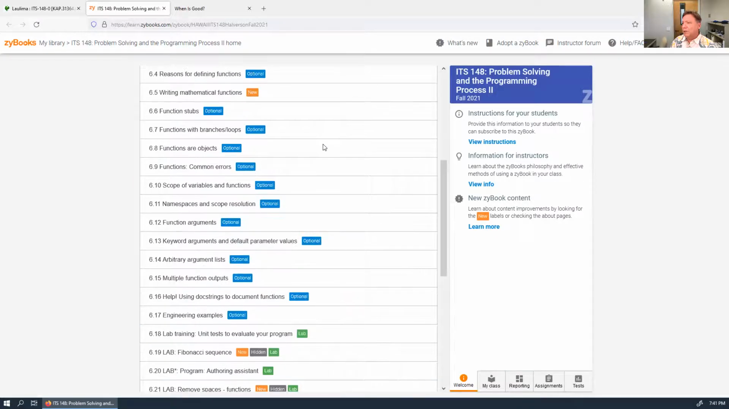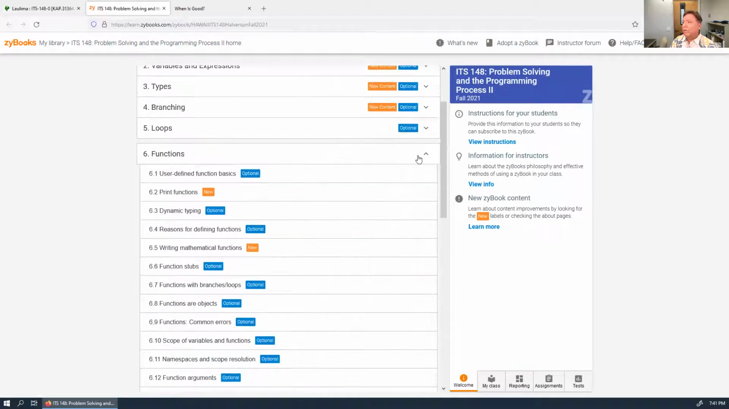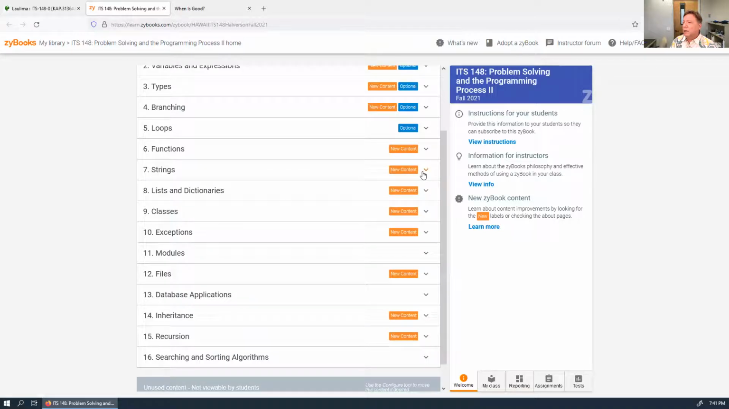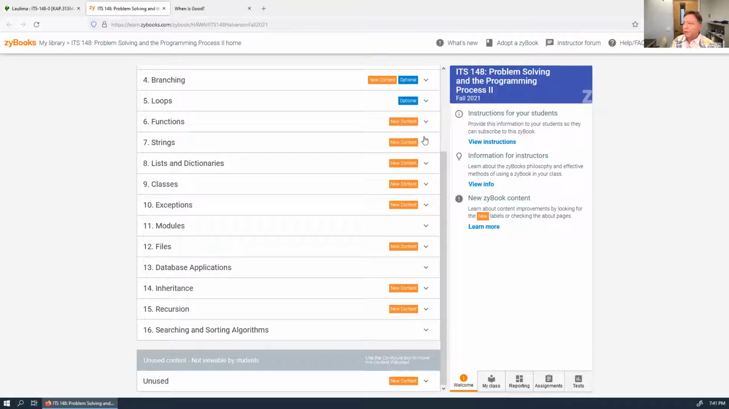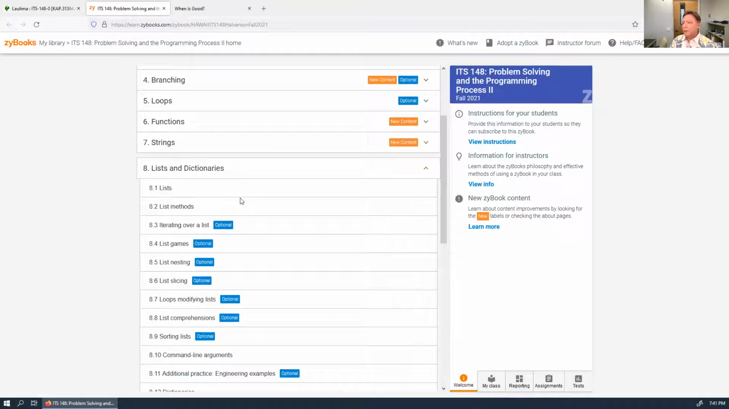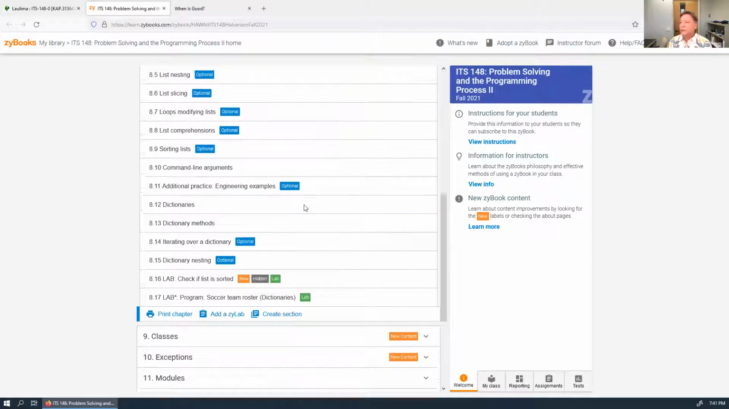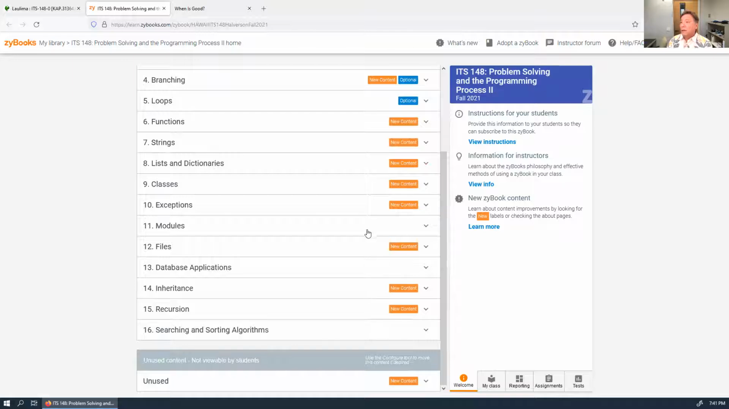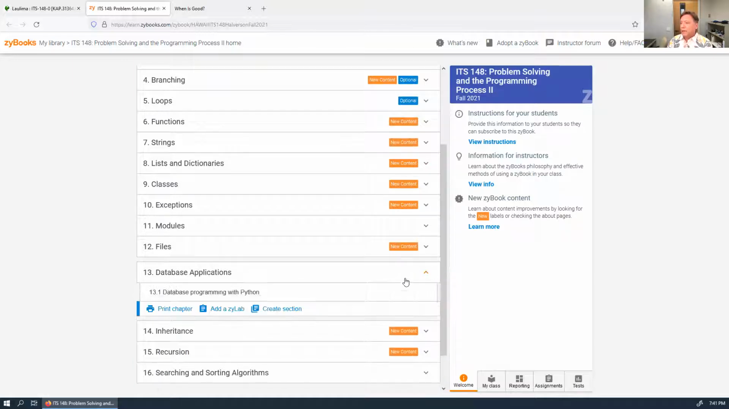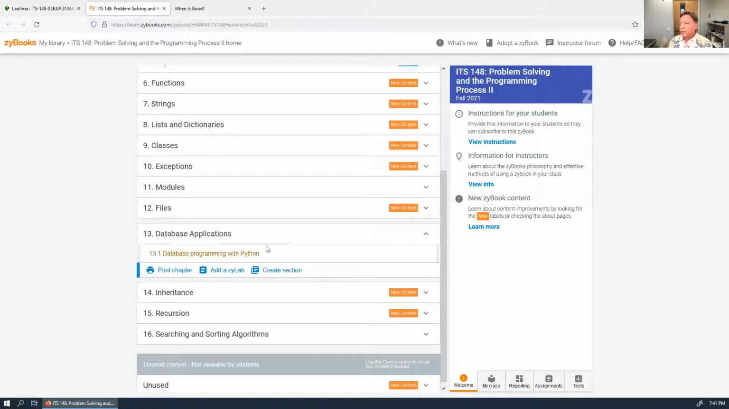But there's not nearly as much in these chapters that we're repeating from last semester as points that counted last semester. I'm repeating some of the very basic sections, and then I'm including the new labs that they've added. And then I've added database applications, database programming with Python, and so you're all going to get web server